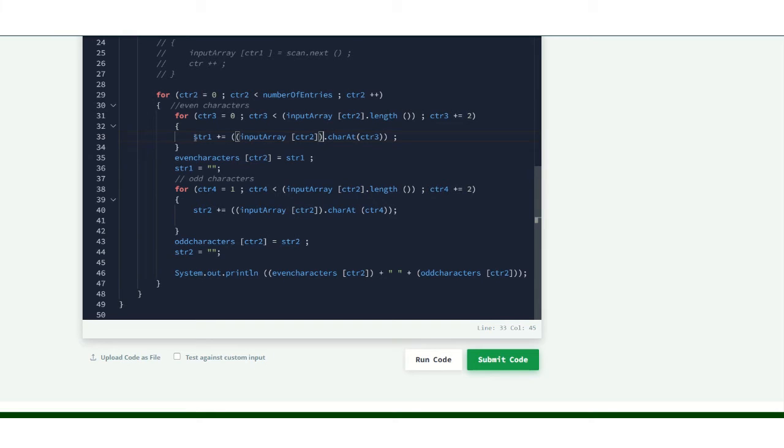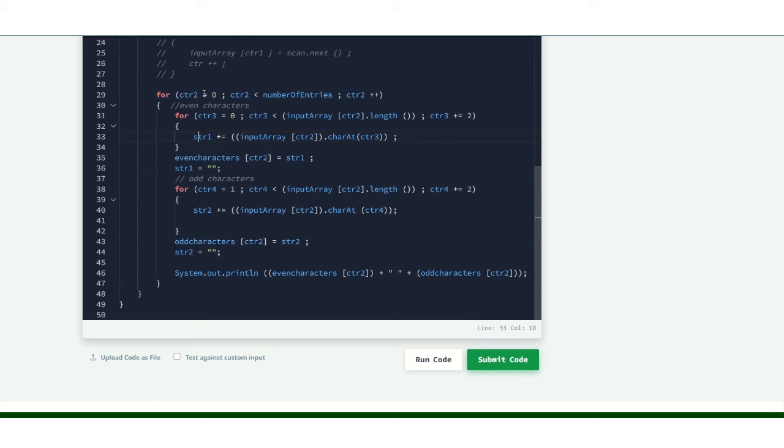After we concatenate to str1, the loop starts again, and after it has finished obtaining all the even characters and concatenating them to the str1 variable, we assign str1 to the index ctr2 of the even characters array.